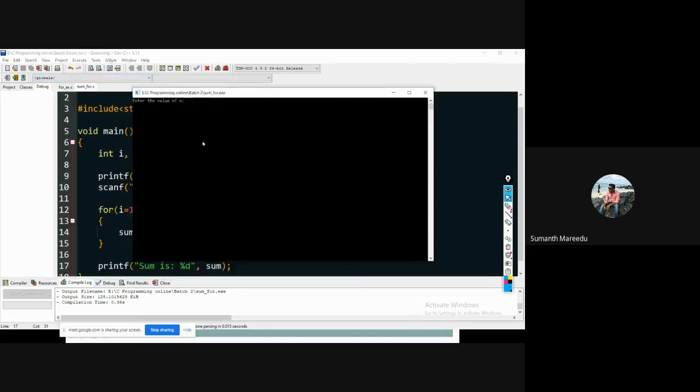So it is asking to enter the value of n. Suppose the value of n is 8, it means